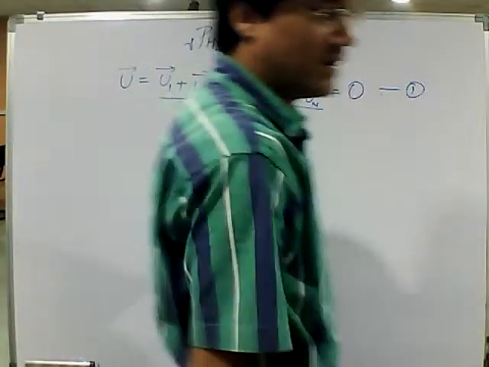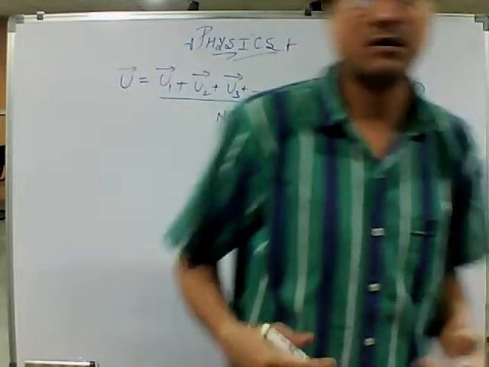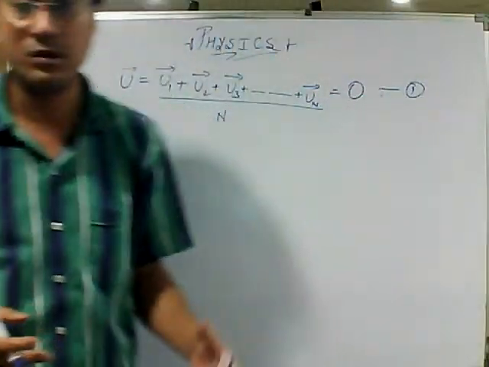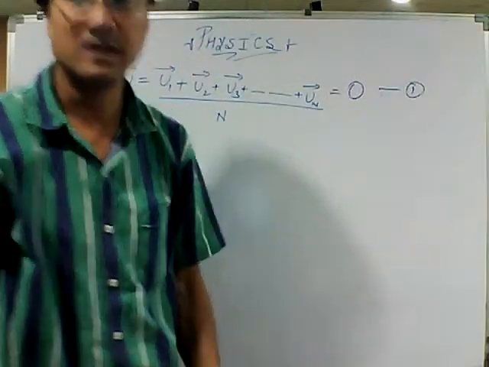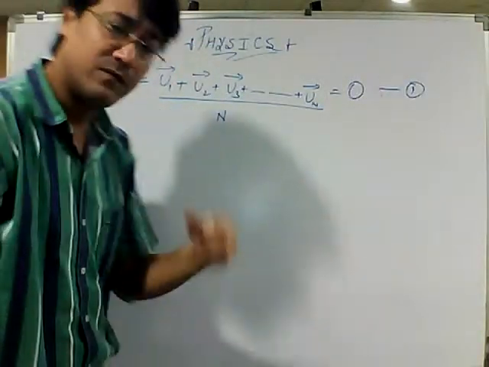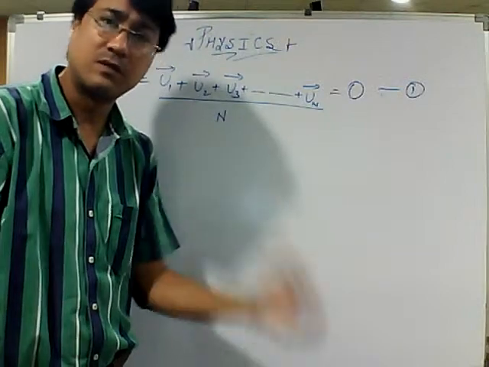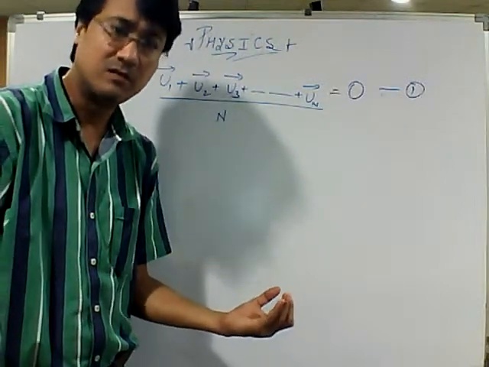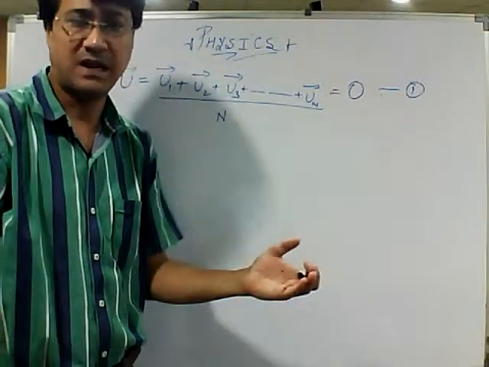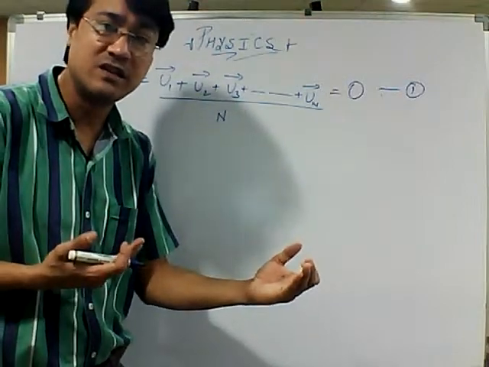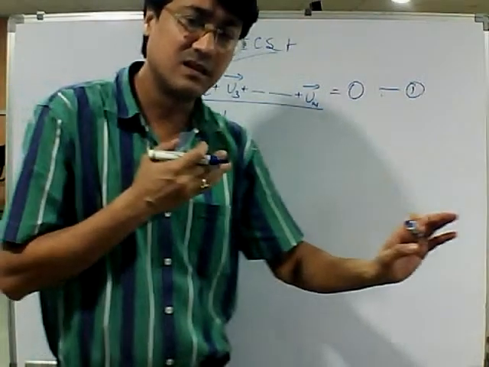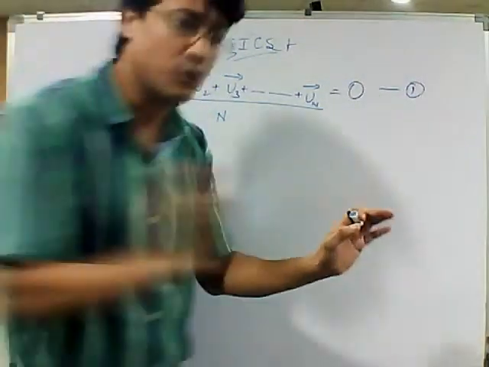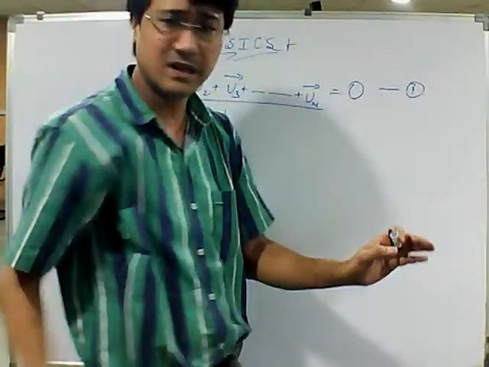Now, when you apply a cell or a battery, or you apply a force, you do some work on this wire to move these charges in a particular direction. So if work is done, that means a force would be applied. Quite clear? A force would be applied. Why? An electric field will be generated, and this electric field will attract the positive charge and push the negative charge.